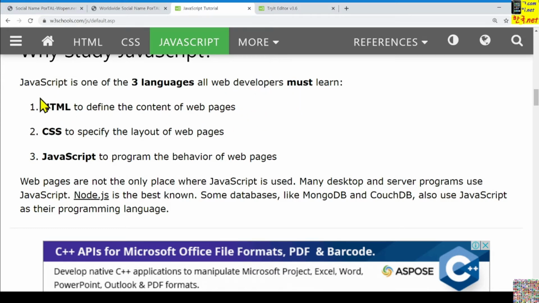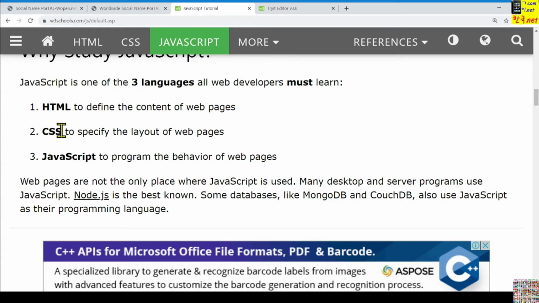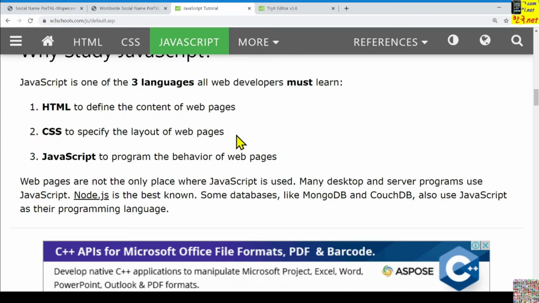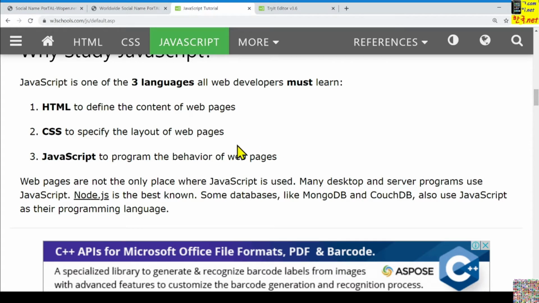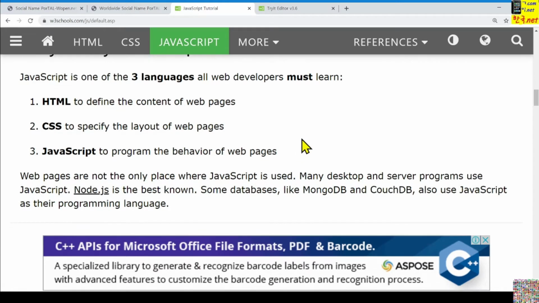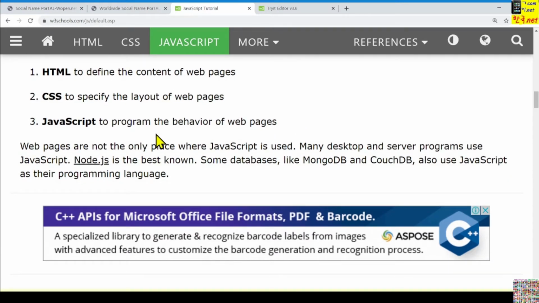We completed already HTML and CSS. To complete the application for the web service, we should understand JavaScript as well. This one is the program about the behavior of web pages.